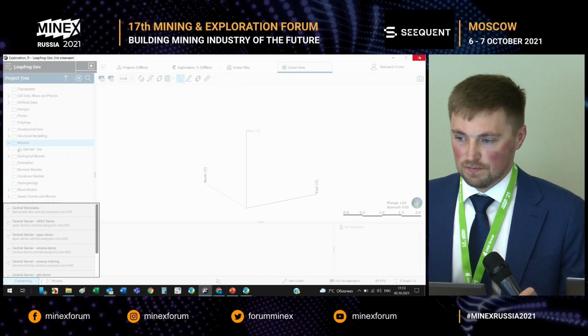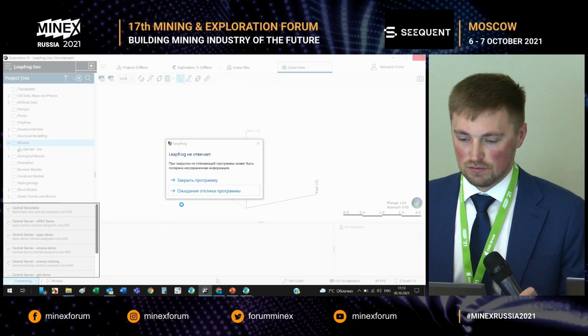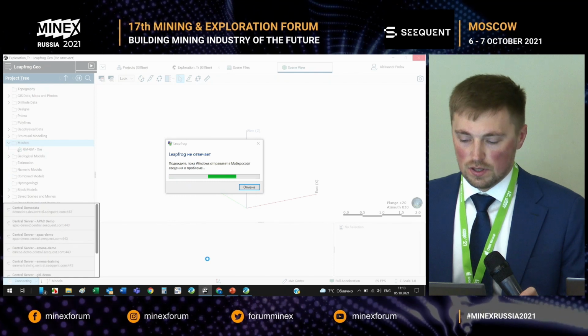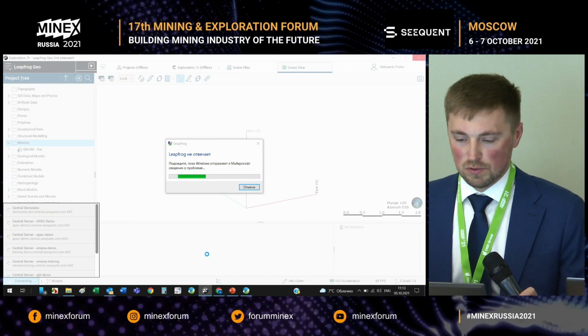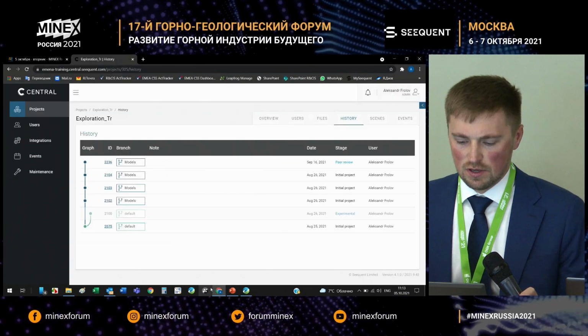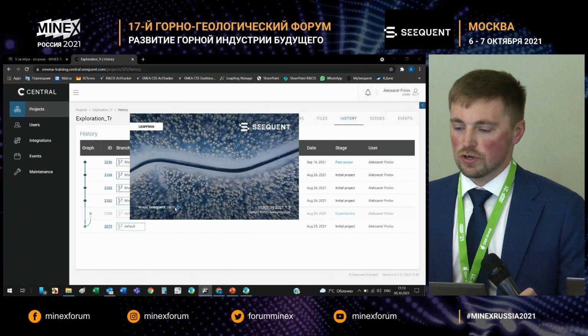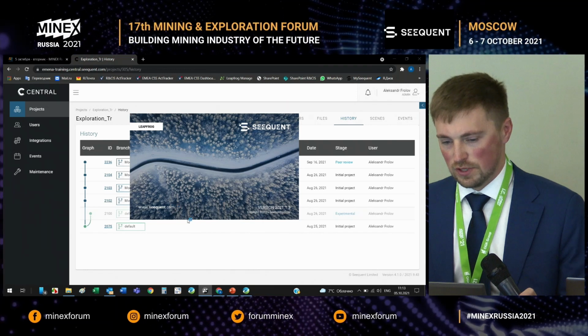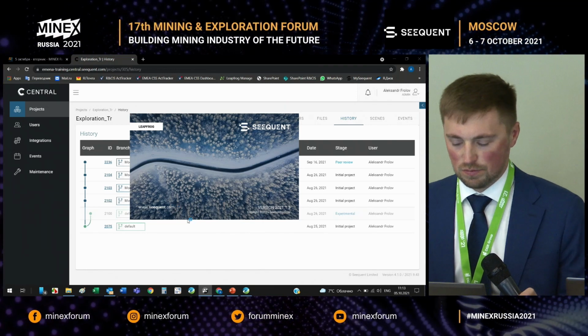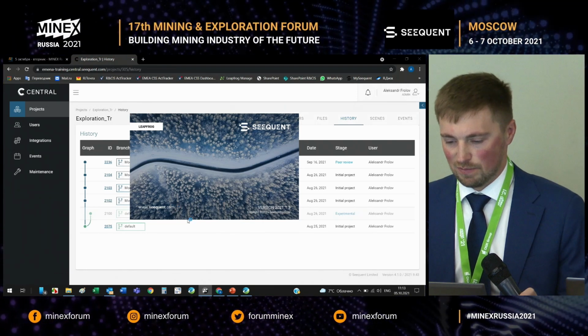So when changes are introduced, they will be saved on your machine, and then they can be just uploaded to the cloud at any convenient time, even if your connectivity is not stable. The software works in such a way that it will be uploading and downloading in the process.